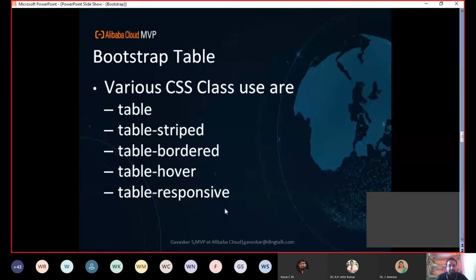Now, if you want to create a responsive table, you have to provide this class. Responsive is nothing but if the table is wide and more columns are there, automatically based on the width, a horizontal splitter will be introduced. You can move that splitter and see that particular document. So now you have to remember the classes: table-striped, table-bordered, table-hover, and table-responsive. Now for this, the same page which I created for the previous demo, I am going to show in a table. Okay, so you will understand clearly.